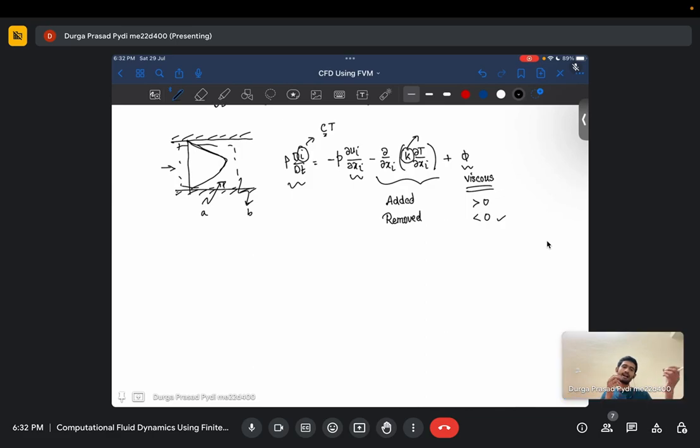It has to eventually increase the internal energy of the fluid, and that's how your temperature will be changing. Then you will have a temperature gradient inside as well. If you try to derive the expression for this phi, actually, I'm not convinced with that one, but okay, I have to check it once. I'm not sure about it